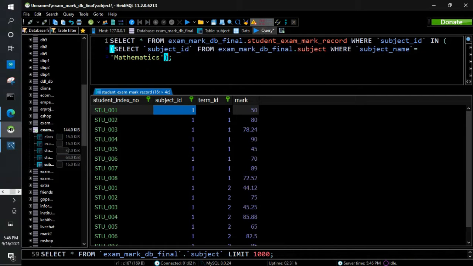Next I am going to give AND. I previously gave a condition, that's why I used AND. You separate conditions using AND. So AND the term ID should be equal to, and I am again using a subquery. Select